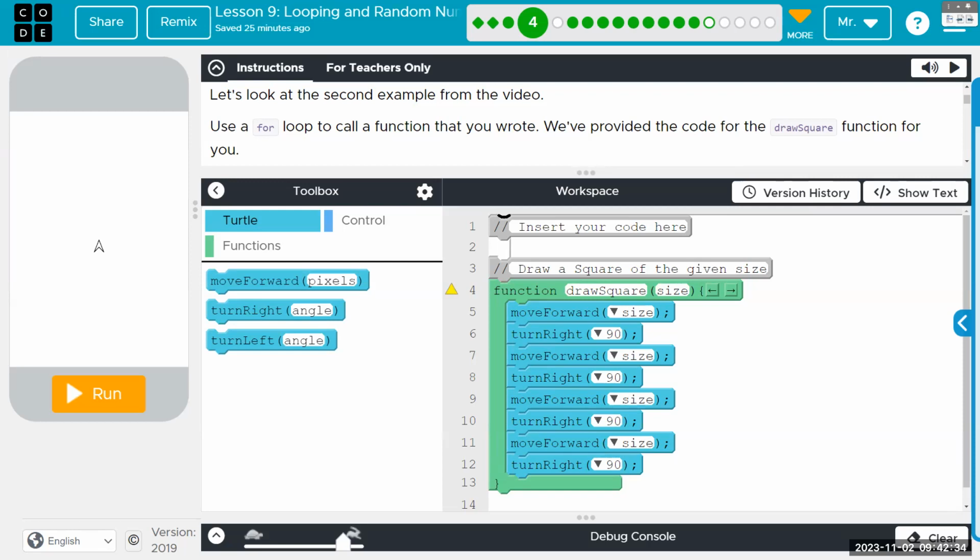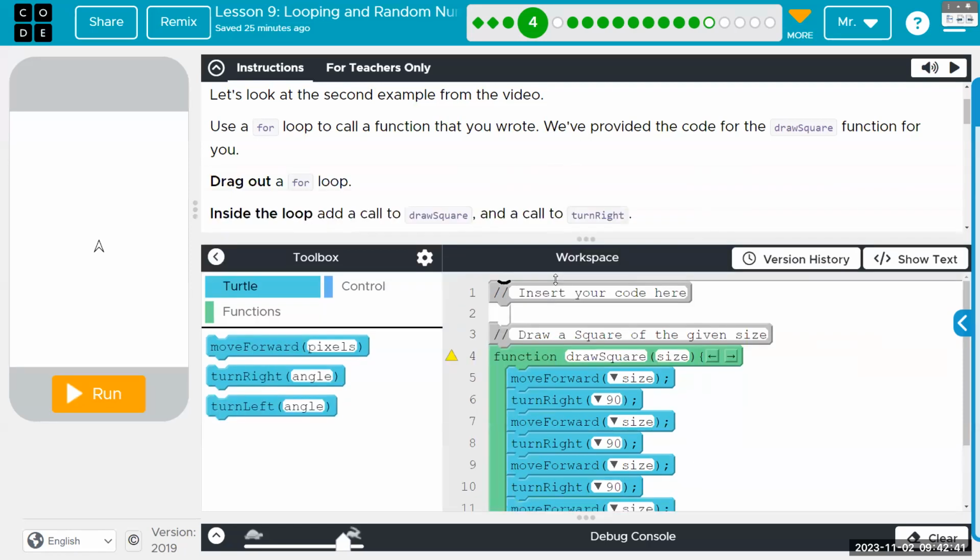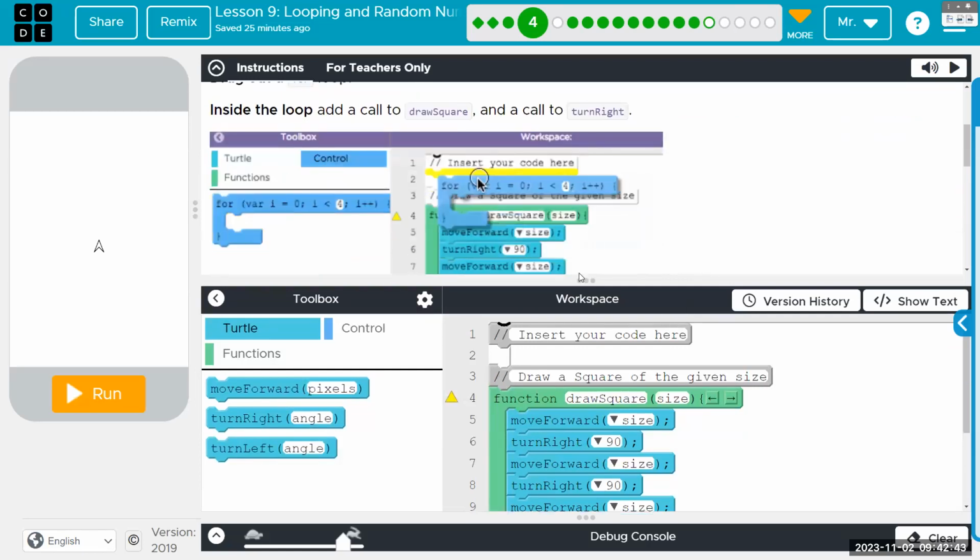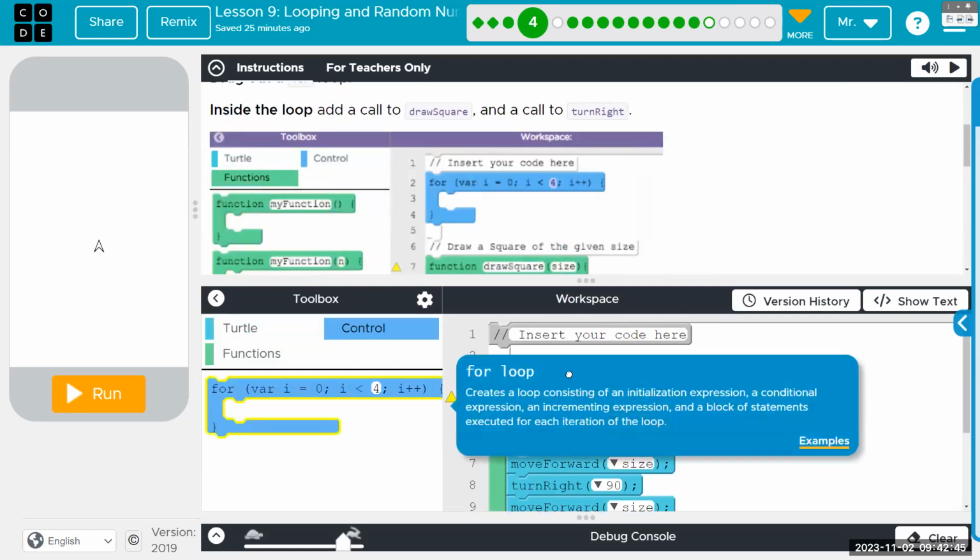So that means when we call it, we need to give it a value to send to that parameter to pass through. But what we want to do is call it a whole bunch of times.